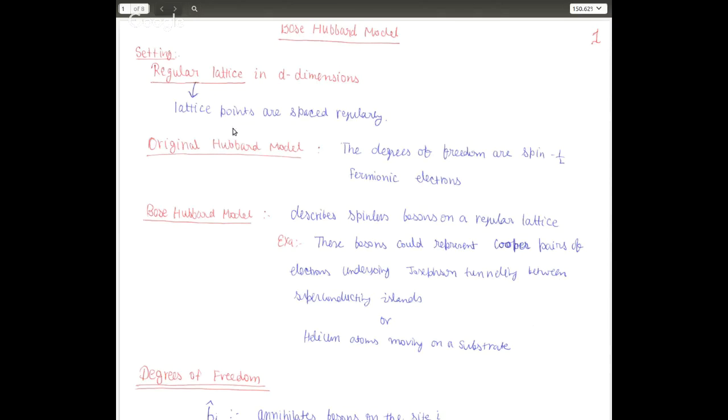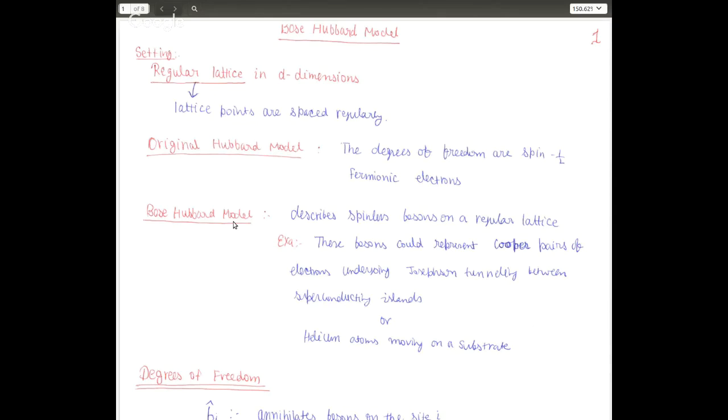In the original Hubbard model, the degrees of freedom are spin-half fermionic electrons. The original Hubbard model is used to explain properties like magnetism and such things, and there you talk about electrons at different lattice sites and how they interact. In the Bose-Hubbard model, the degree of freedom is basically spinless bosons on a regular lattice,